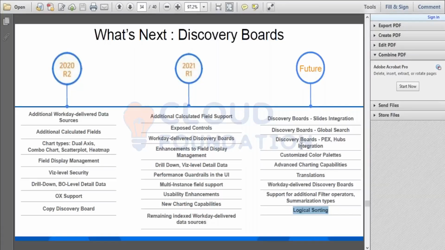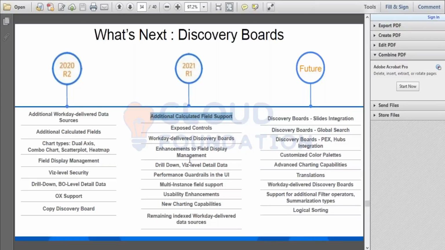The other thing is discovery boards are currently only available on your drive. You cannot search for them right now. Those capabilities would also be included. Workday is working on quite a few things, but these are all part of future releases. Immediately in 2021 R1, it will allow you